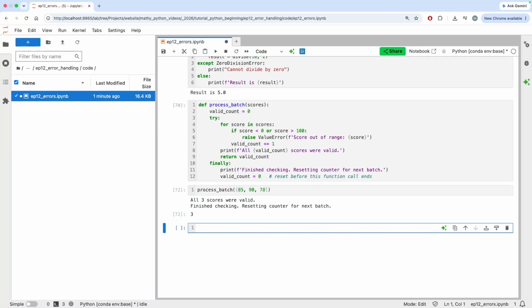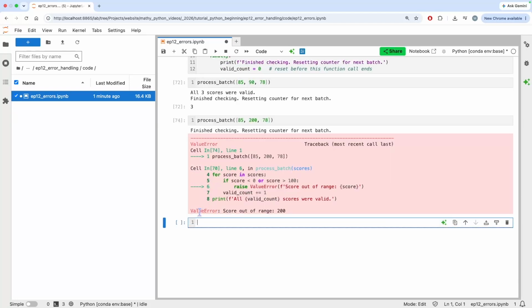All 3 scores were valid. And then it prints finish checking, resetting counter for the next batch. And let's process the batch on something that's invalid. We'll use 85, let's say 200 is out of range. So that should give us an error. So we get this error, value error score out of range 200,